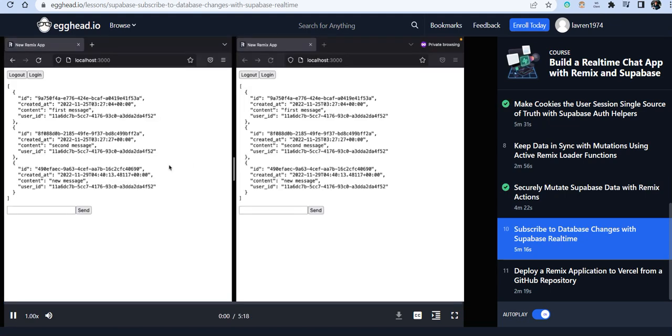Currently, users can send messages, but the UI is only updated